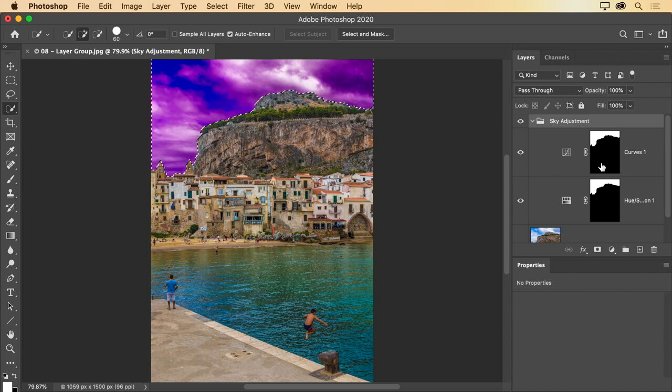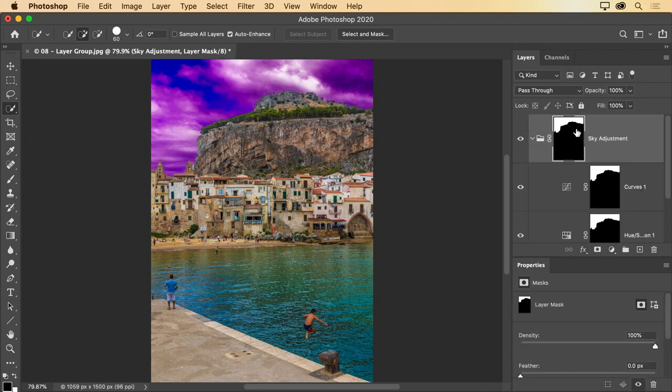So our adjustment layers came with a layer mask automatically, but I can also add a layer mask to a layer group. So the layer group's active, I have a selection active out in the image, and then I can click the Add Layer Mask button, this circle inside of a square icon at the bottom of the Layers panel, and that adds a layer mask to my layer group. So now everything inside this layer group is only visible based on the layer mask, based on the stencil here,